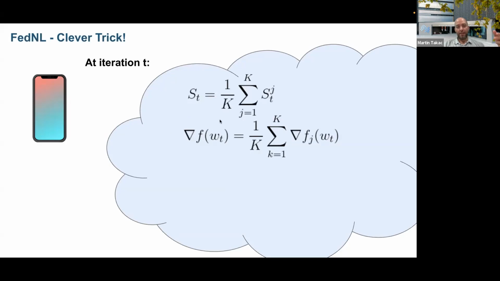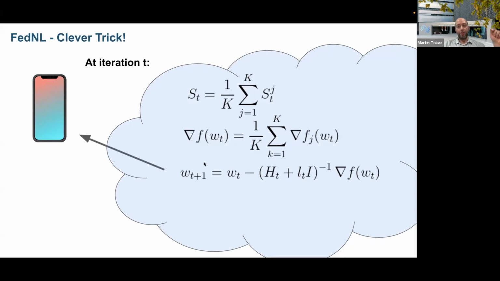Okay, so this is my gradient of the function. And afterwards, I can compute almost like a Newton step, right? Almost like a Newton step. I take my local estimate, which is nothing else but the average of the estimates of the Hessians from devices. I need to put in some small damping here, so basically l_t will really depend on some quantities, how good the Hessians are on devices. I do inverse times the gradient, okay? So this is what I do on the server.